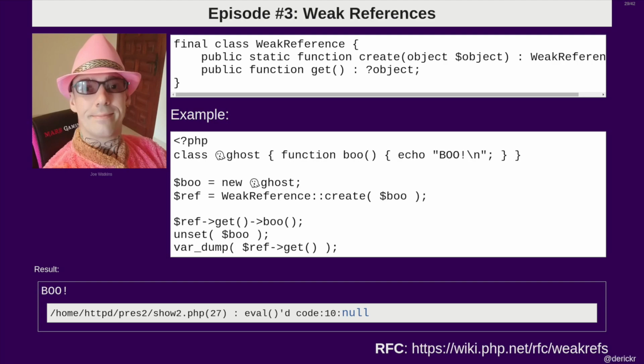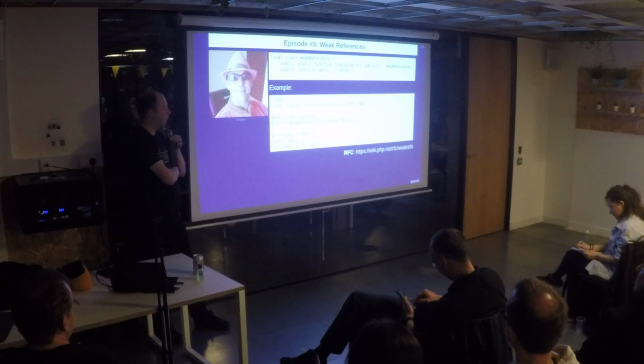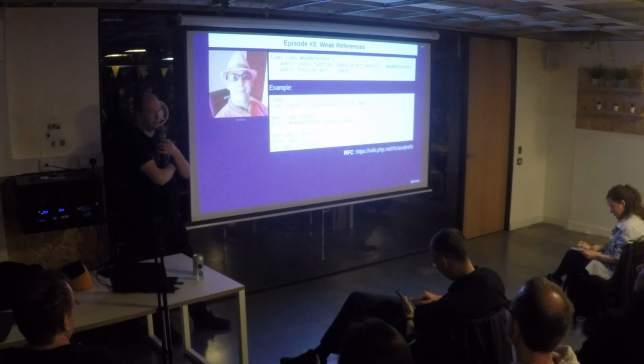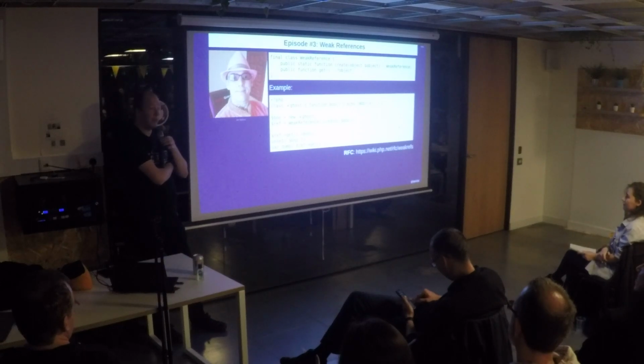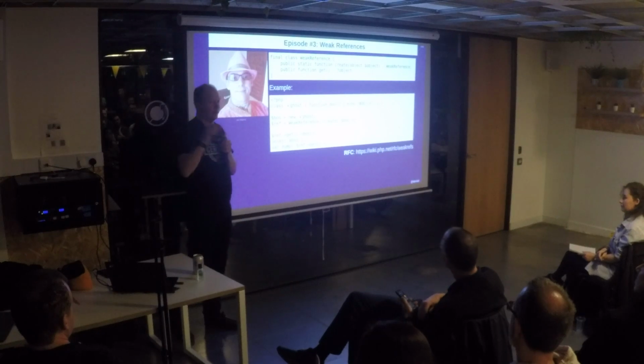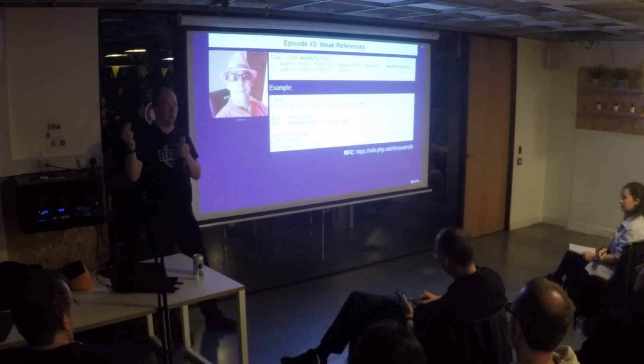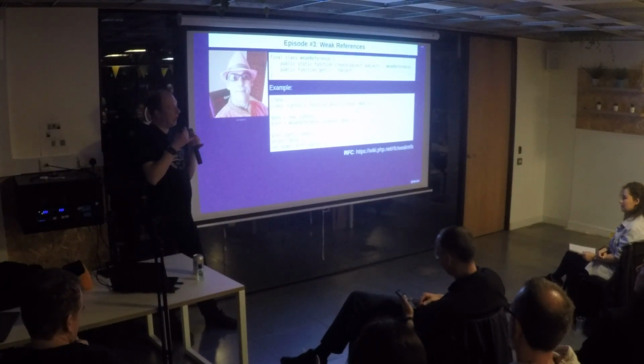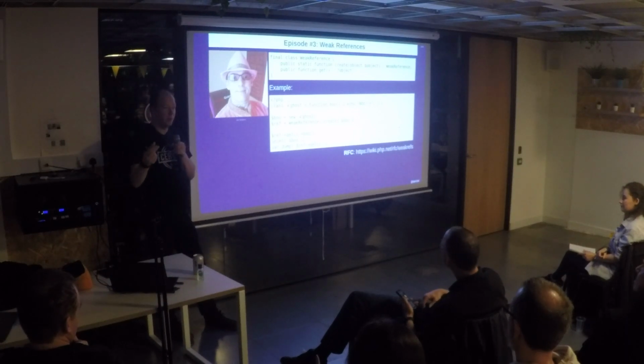I spoke with Joe Watkins. He makes interesting extensions. He's the author of the original pthreads extension, and he likes doing that kind of stuff. What he proposed to be added to PHP 7.4 is a weak reference. Now, in PHP, if you say, for example, A equals new object, sorry, I should say new class, and then it returns an object, and you do B equals A, then PHP does not copy the object for you, which is good. You don't want it to do that.